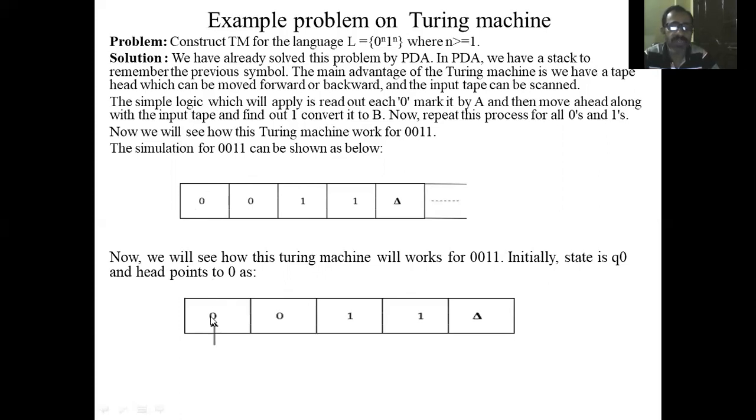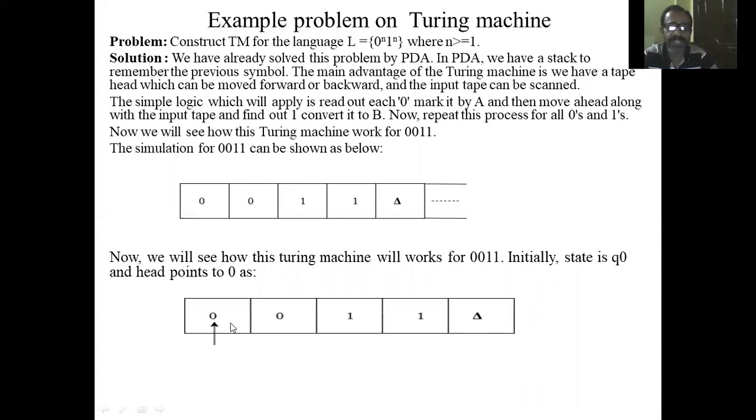So Q naught on 0, what we do is use two symbols, capital A and capital B. Capital A is used for replacing 0 and capital B is used for replacing 1. So delta of Q naught on 0, what will happen here? We are going to replace the first 0 with capital A. Now immediately change the state because the operation has happened. So delta of Q naught on 0 is Q1, 0 is replaced with capital A, and move right by one cell,